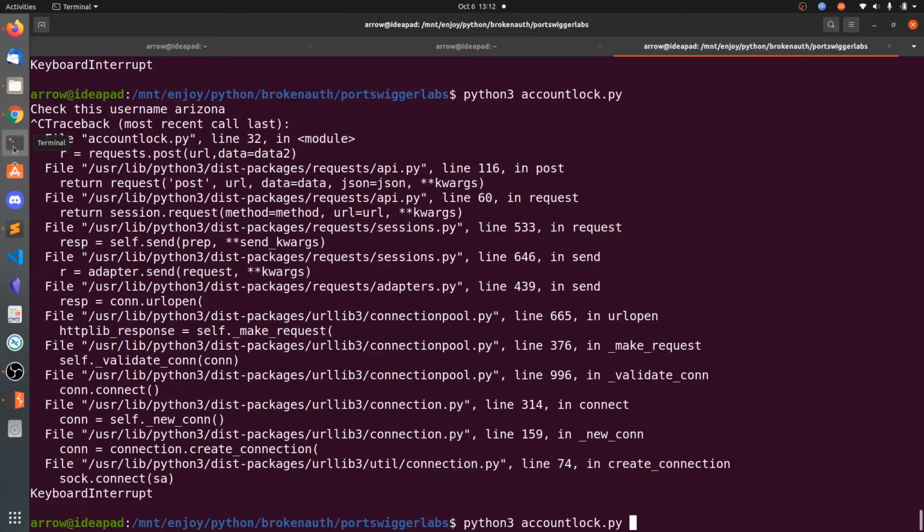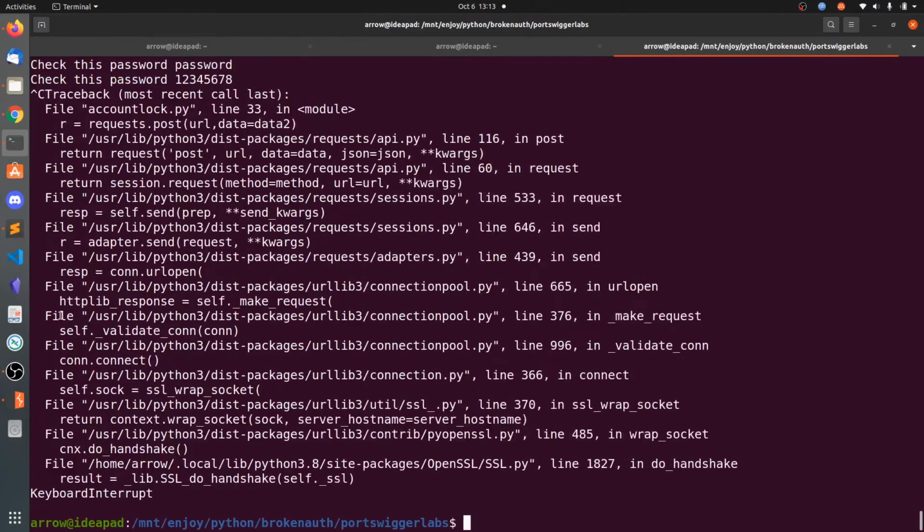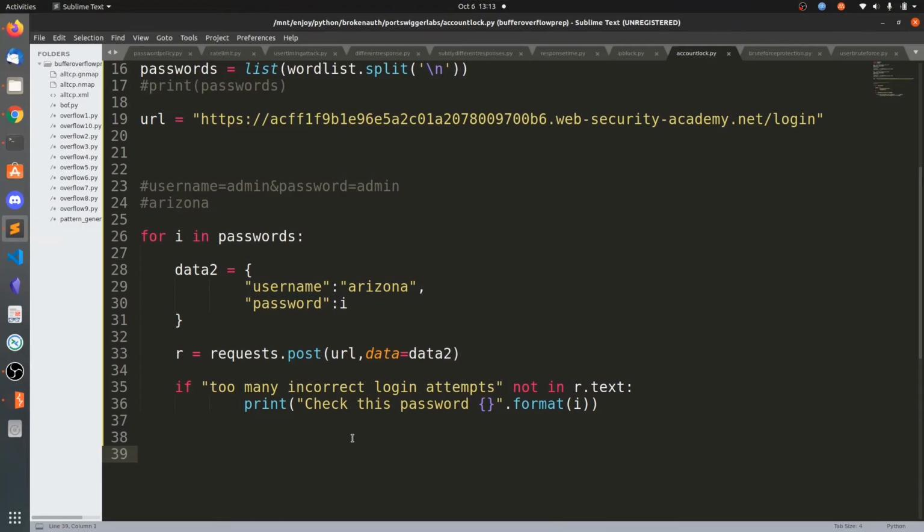So let's run this again. Let's also print r.text.